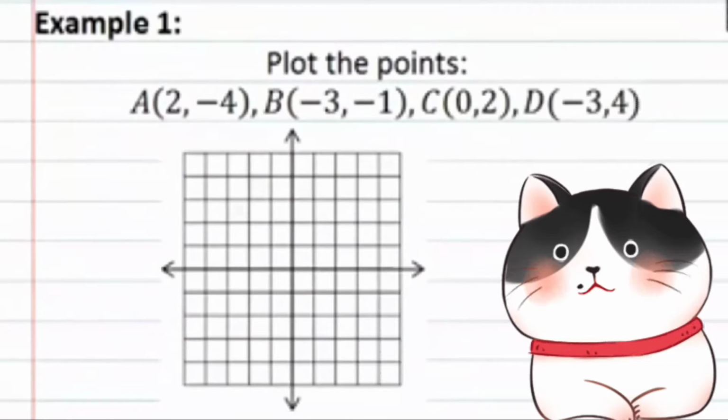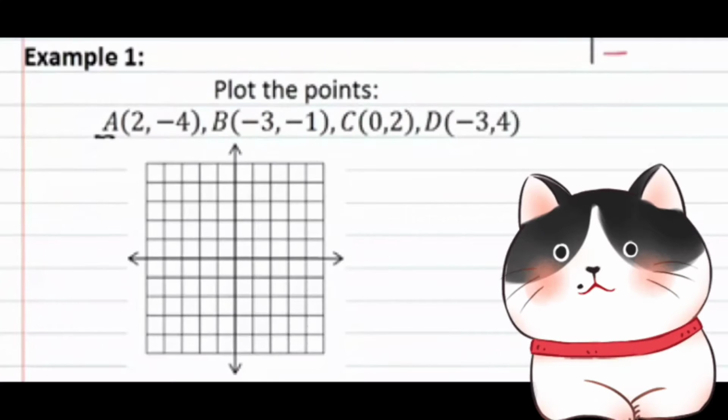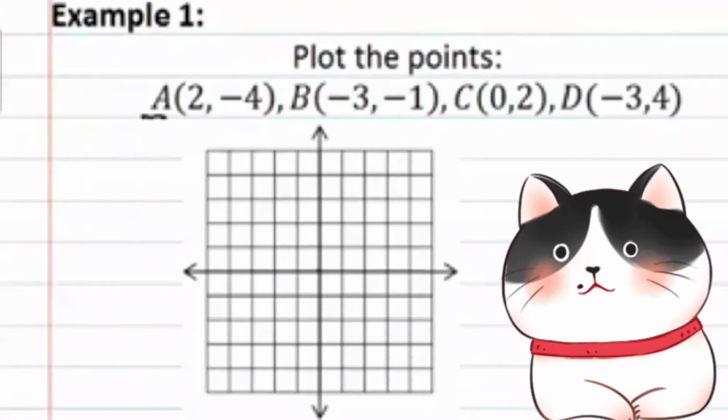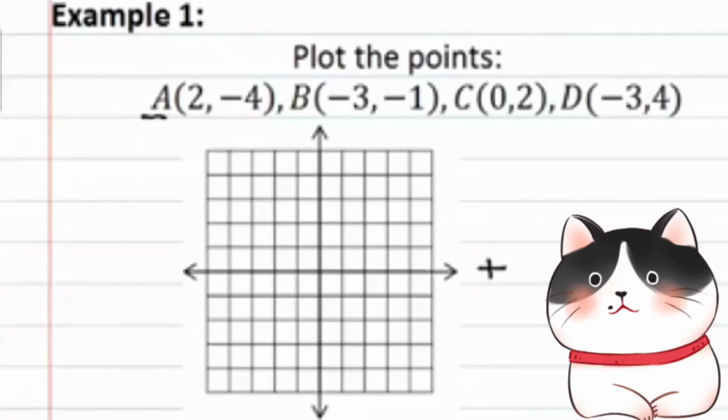We are now going to plot these points. We will start with point A. Point A has a positive x value. Remember, in the parentheses, it goes x comma y. You can remember this because it's alphabetical. This means point A has a positive 2 value for x. If we start at the origin and we move 2 in the positive x direction,